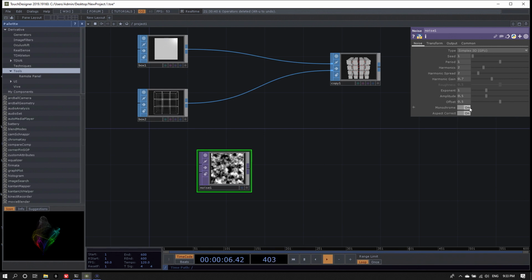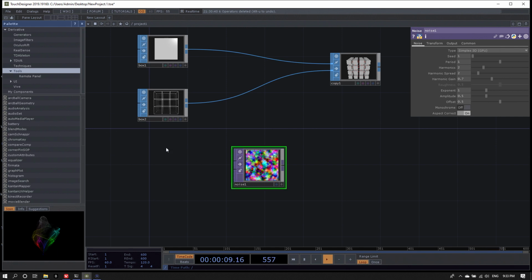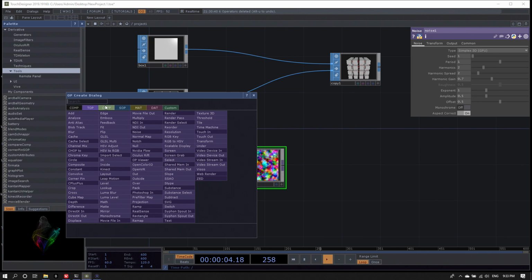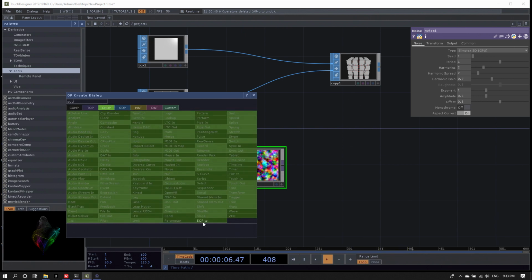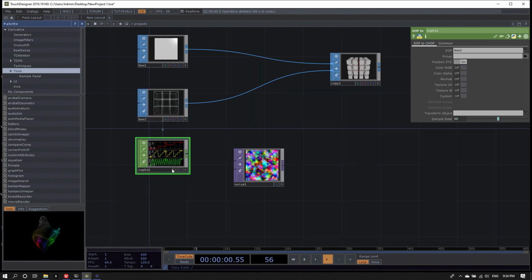Before doing this, let's turn the monochrome parameter of the noise off, so we get a nice colored noise. And now we have to get our 3D coordinates, the noise coordinate map. These coordinates would be best to get from our template data, from our box that's subdivided. Now, we don't have a direct way to go from SOPs to TOPs, so we have to go via CHOPs. And the right CHOP for this would be the SOP to CHOP. There we go.